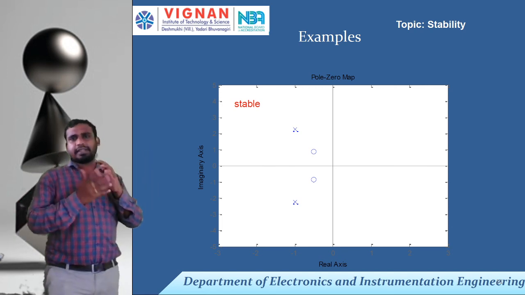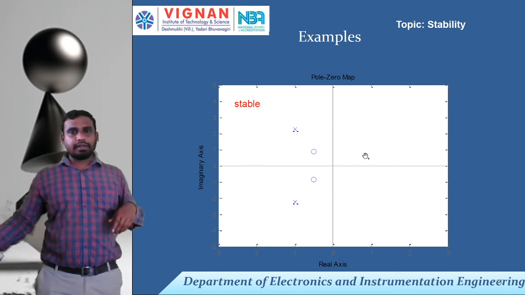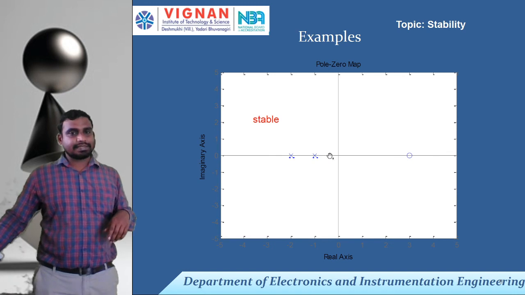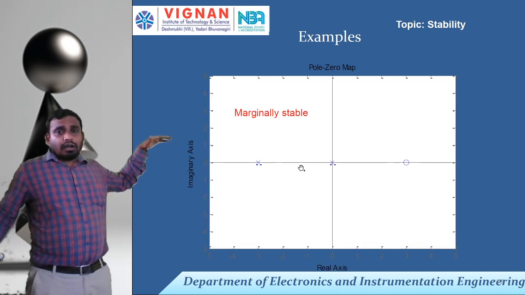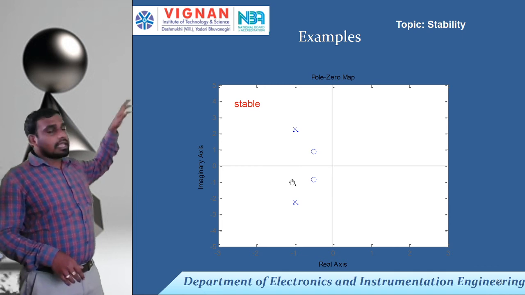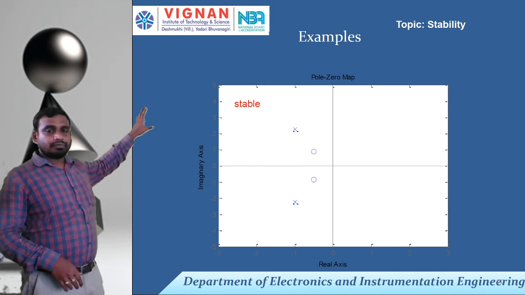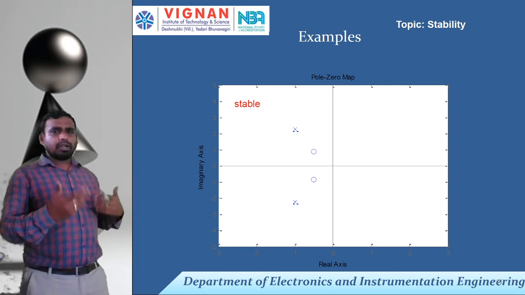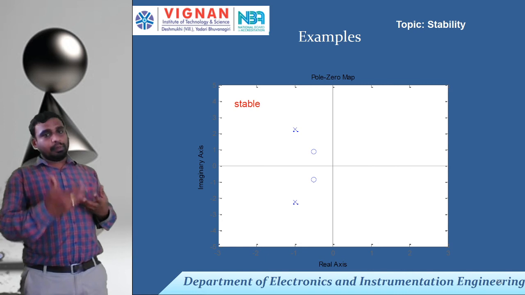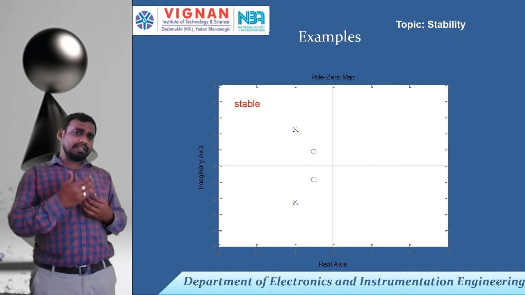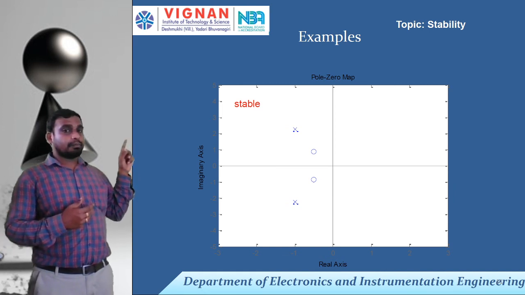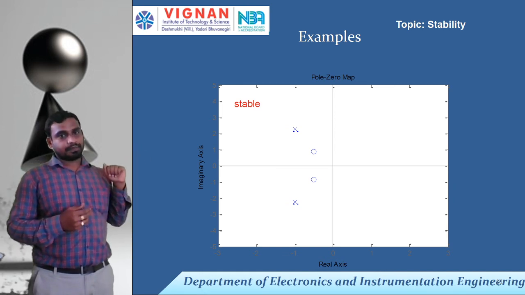What makes the difference actually? In all the examples we have seen so far, the poles are lying on the real axis, right? But here, if you observe, the poles are actually on the imaginary axis. Poles and zeros are on the imaginary axis. What makes the difference in the system stability? Okay, we'll take some numerical examples. While solving those numerical examples, you'll understand how that complex pole will influence your system response.